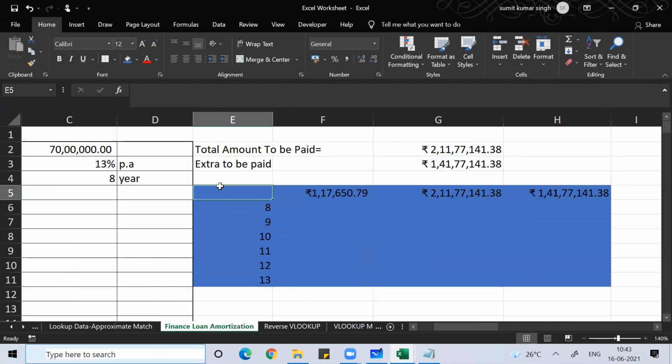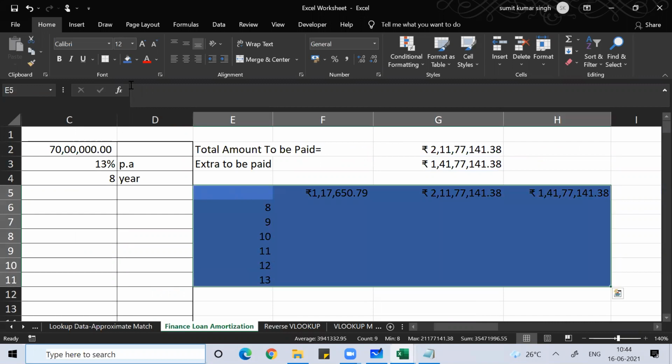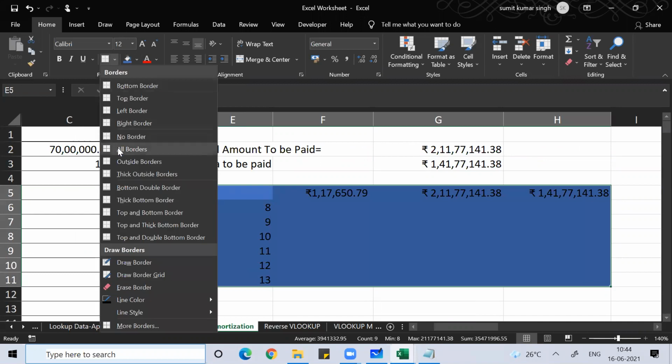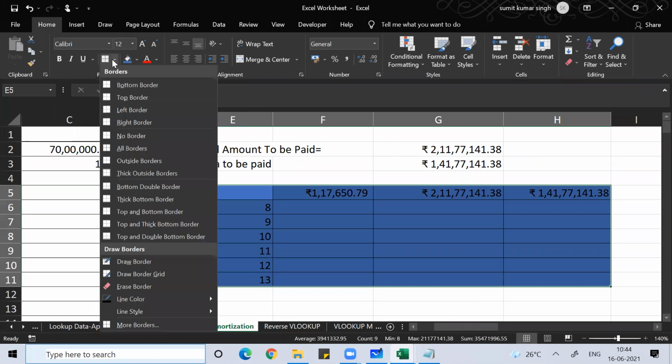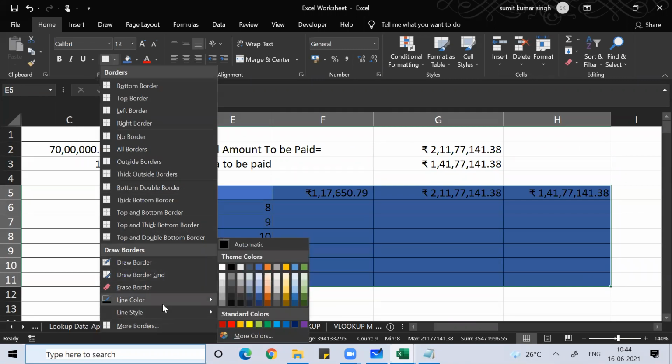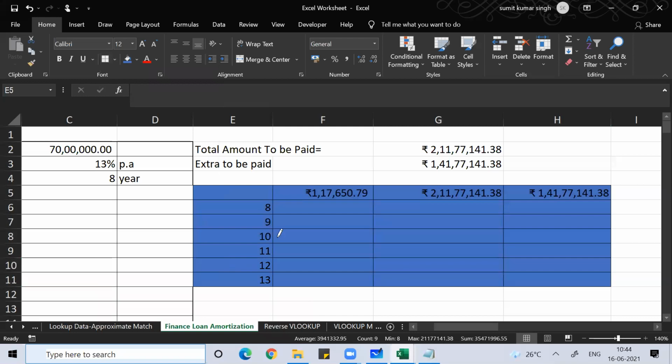Okay, now if you want a border for this, you can put a border like this. If I put a border, it's not visible properly. So I can go to line color and put a line color like this.